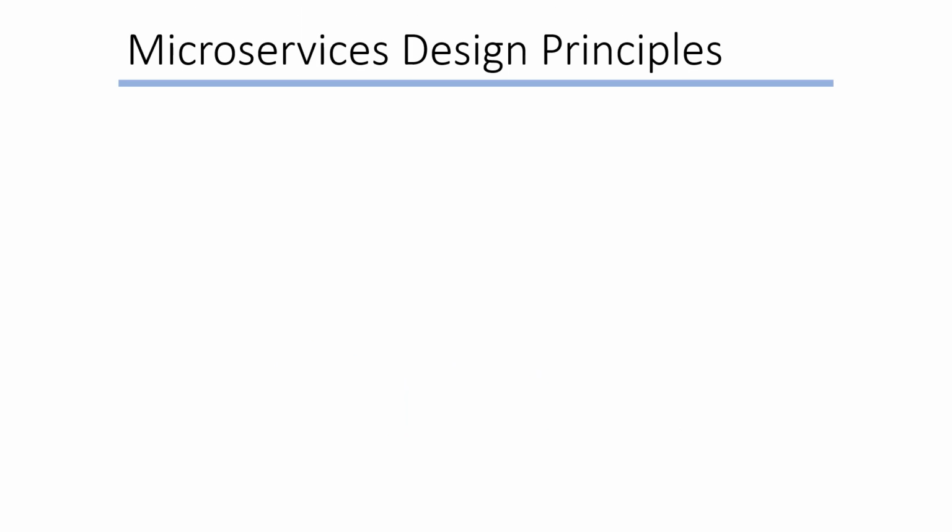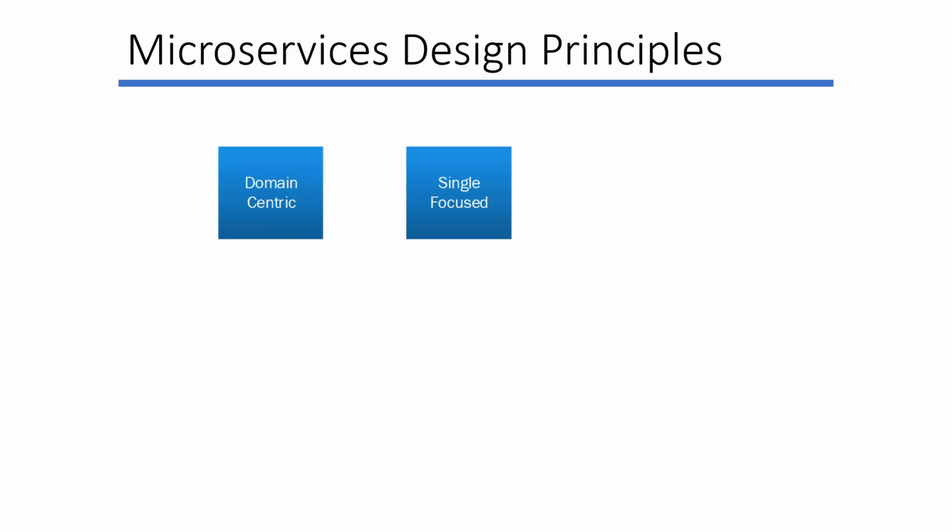As with every type of architecture, the degree of conformity to specific rules is up to us. In the case of microservices, it is important that we follow certain design principles in order to get the maximum benefit. Microservices should be domain-centric, addressing and performing actions only for specific business domains, single-focused, doing one thing and one thing only, decoupled from each other with indirect and asynchronous channels of communication,